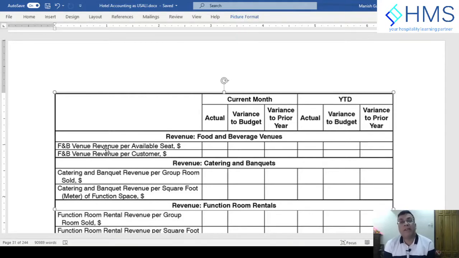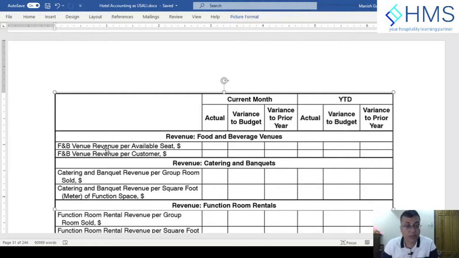So you can either calculate the capture ratio for the total number of checks, total number of covers, divided by the total number of guests who are coming into the group rooms. That is one way to understand what is the take-up ratio of the banquet facilities. The other way is to compare the revenue per group room sold. So when you are comparing it with the budget and with last year, you will be able to understand, are we having similar take-up ratio or different take-up ratio, right? Or comparing with the other hotels, because this is standard, so you will be able to get the data from those hotels.